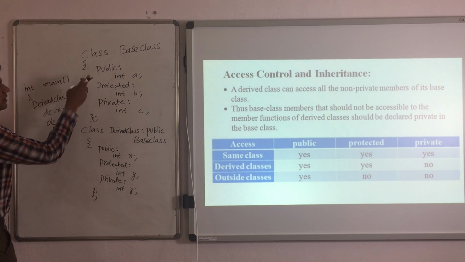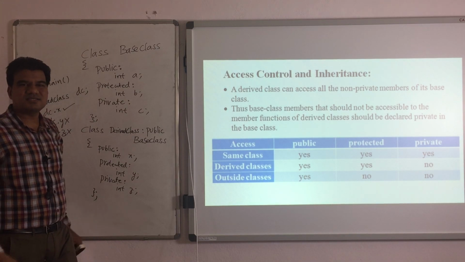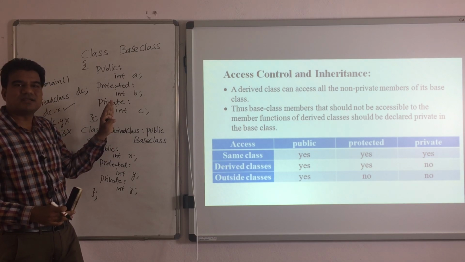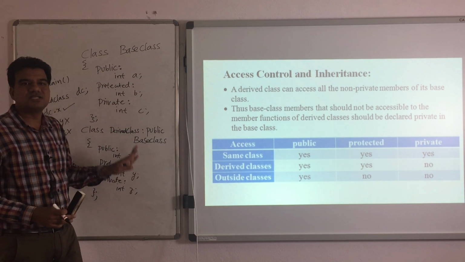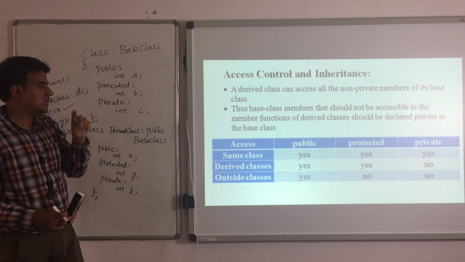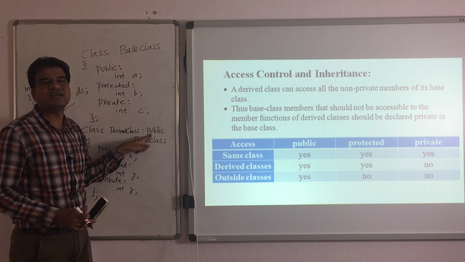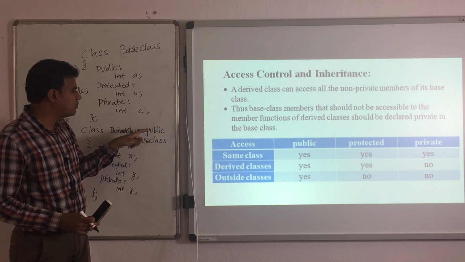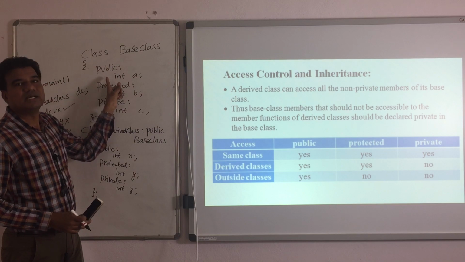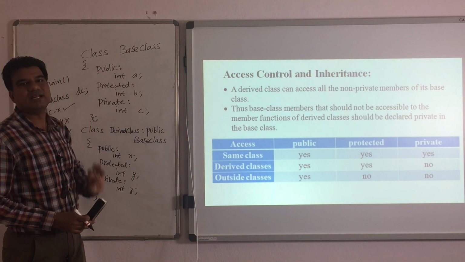Then go for the base class data members. When you are considering the base class data members in the derived class, you have to look for two things. What mode of inheritance are we following, and what is the access specifier of the data member?